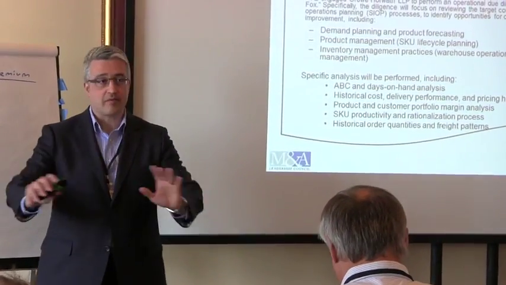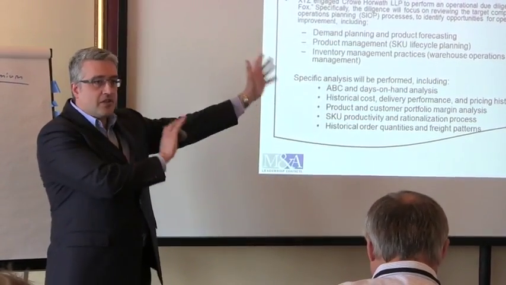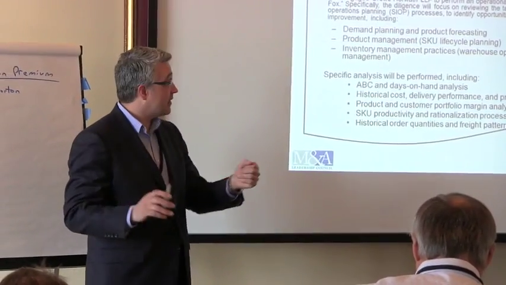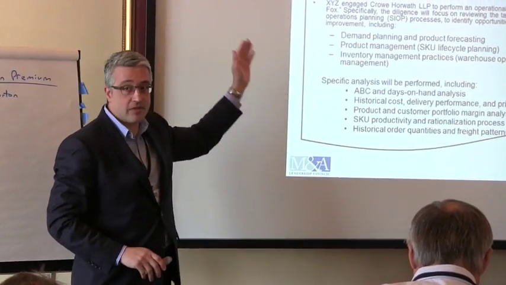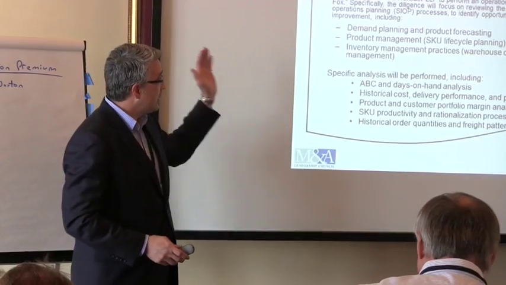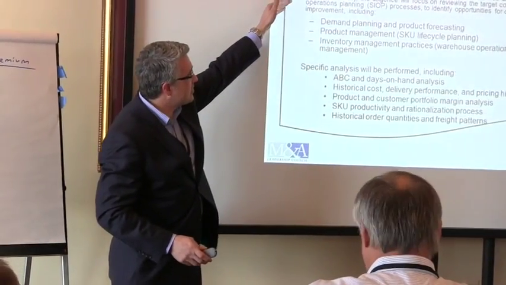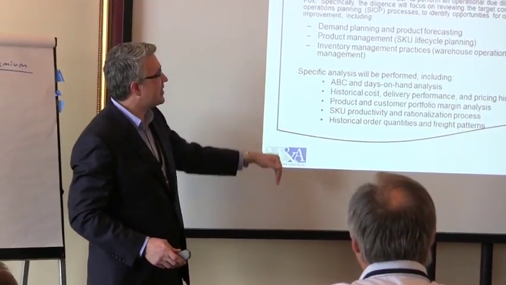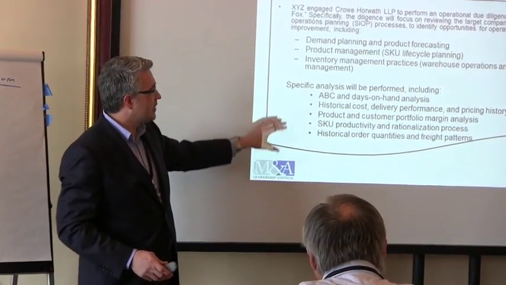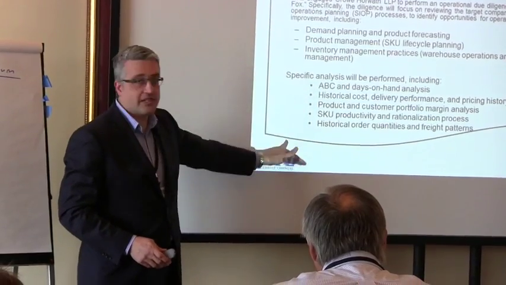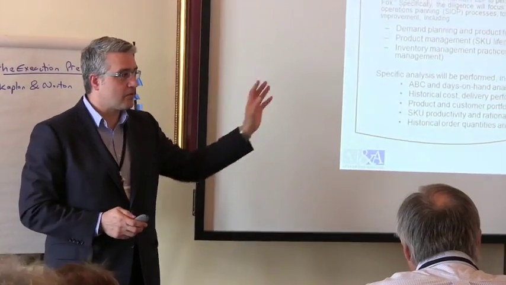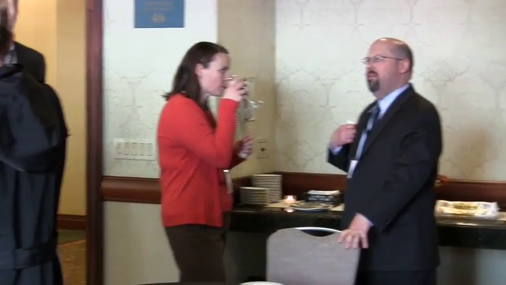What we recommend, like with any project, once you know what you want to look at, create clarity on your goals, okay? This is an actual scope summary that we did. Real simple, doesn't have to be 10 pages. Here's what we're doing. We're going to do an operational diligence, support a project Fox. Here's what we're going to look at. 3 things. Specifically, we're going to look at these elements. 1 page. Everybody's clear. We know what it is. We know what we're going to get. Okay? Mr. Stoll,